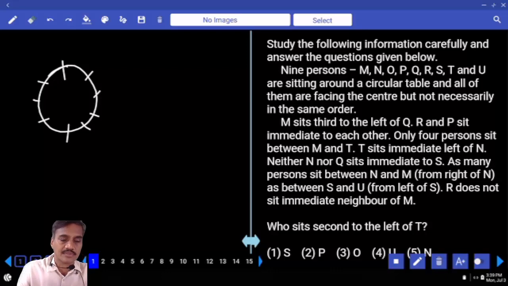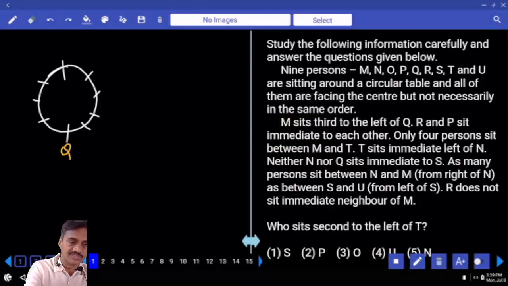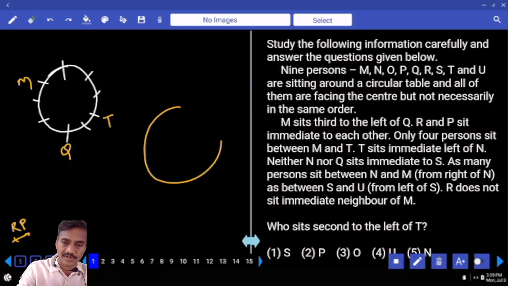Isn't it? Then M sits to the left of Q. Now Q is here, M is seated to the left of Q. R and P sit immediate to each other, R and P adjacent to each other. And only 4 persons between M and T, means 1, 2, 3, 4. P can be here, that is one possibility. And in the next possibility,